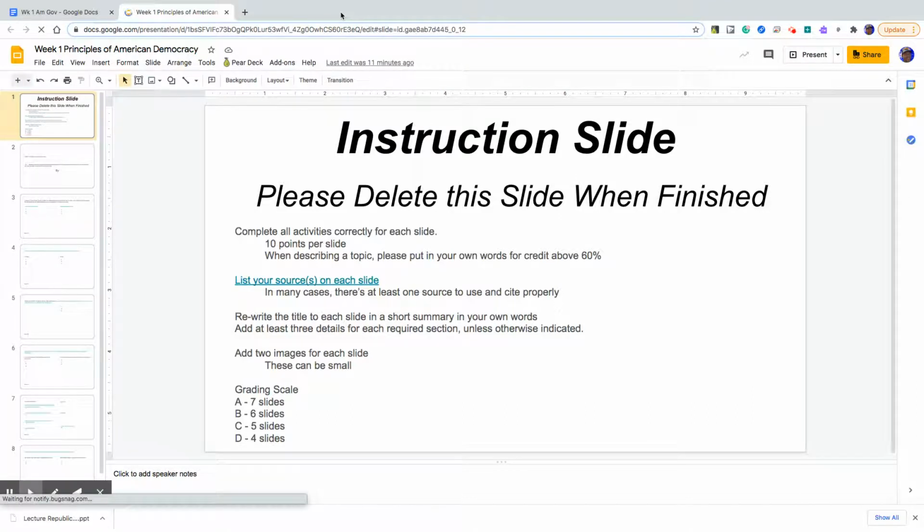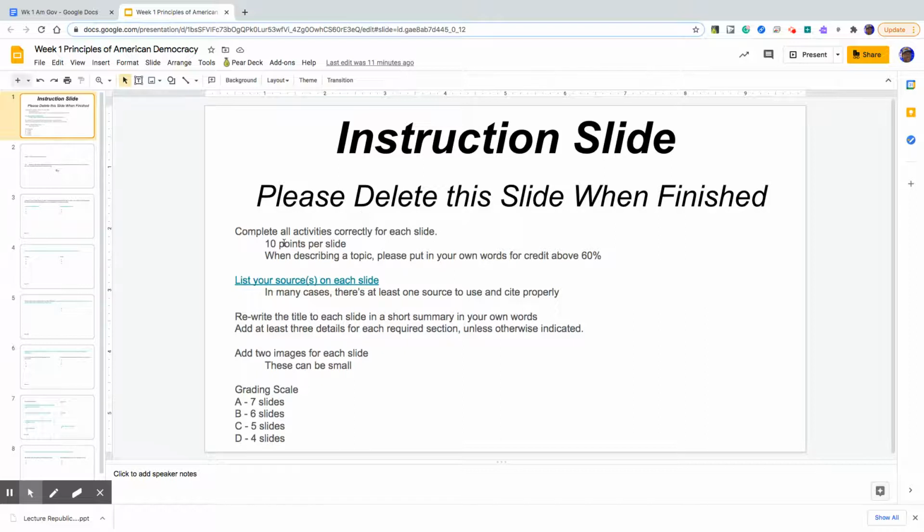This is the instruction slide for your big project this week. You could look at it as a big project with flexible grading, and I'll explain that in just a moment. I don't want to see this instruction slide on anyone's turned-in assignment. I'll lower your points or something ridiculous. Just delete it. It says delete it when you're done. So please delete it when you're done. Or don't, because then I won't have anything to complain about.